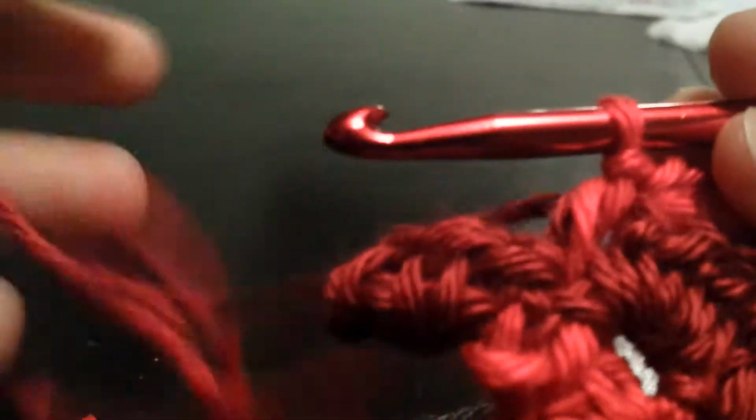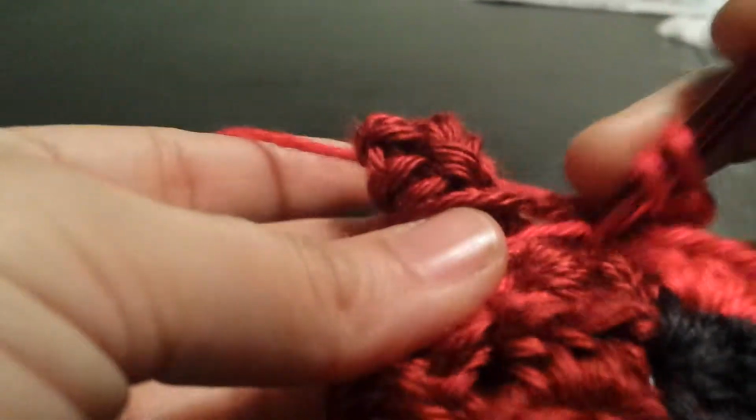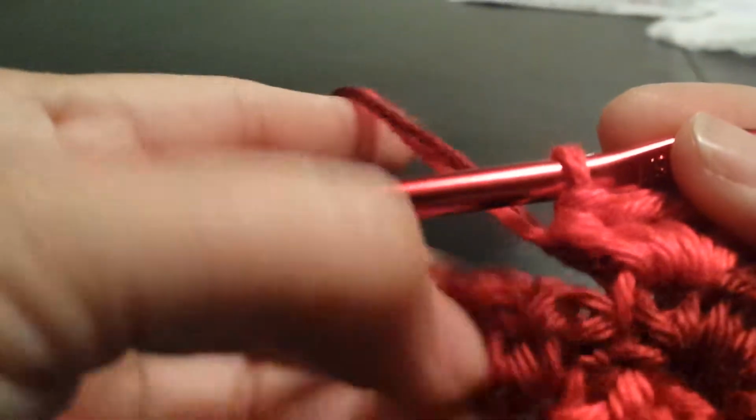And then you're gonna chain 2, and you're still chaining over it. So 1, 2, 3, and you can just bring this one up with you. So the last one that you're going to make is a dark red. So 1, 2,